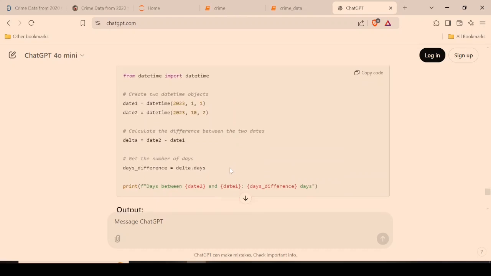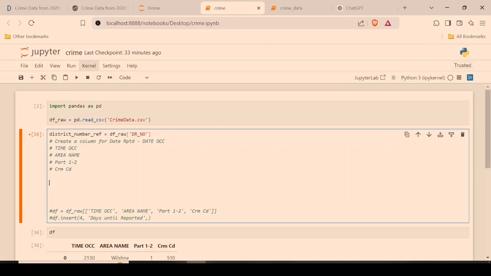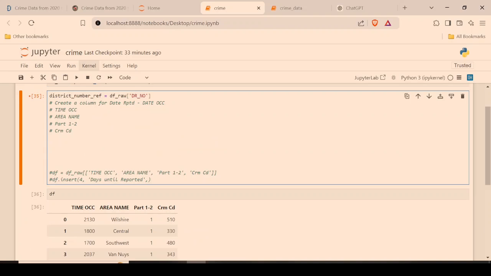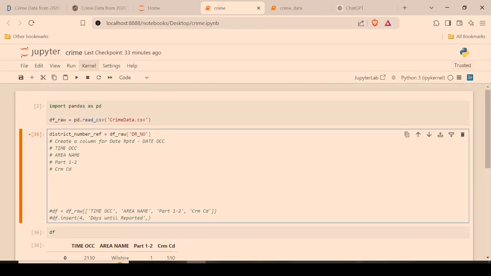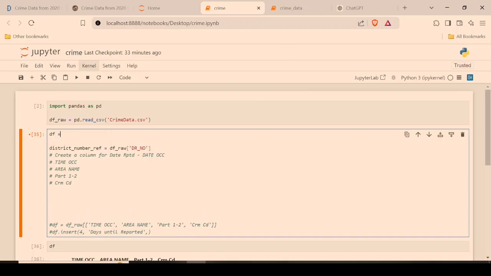And the example that ChatGPT gave is creating two DateTime objects and then calculating the difference between the two dates by subtracting one from the other. Now, if we do that just as it showed, I realized that in my notes I created a deep copy, which will be useful so that we don't have to